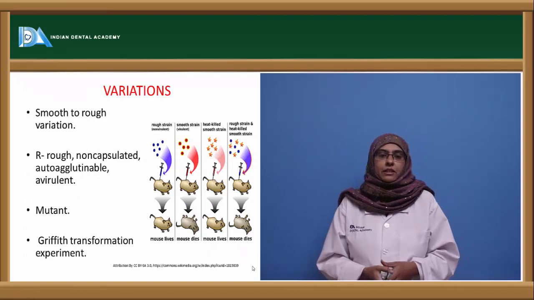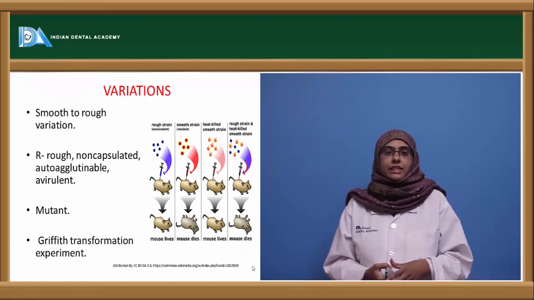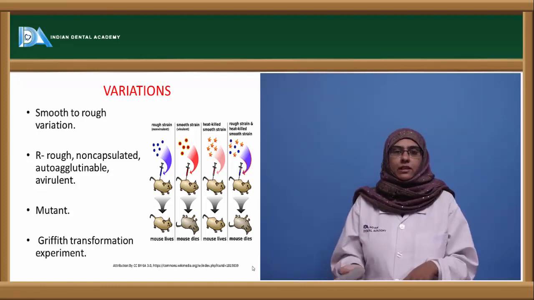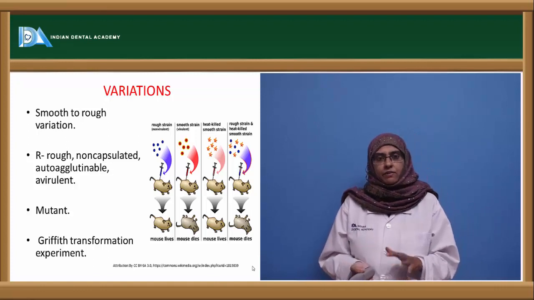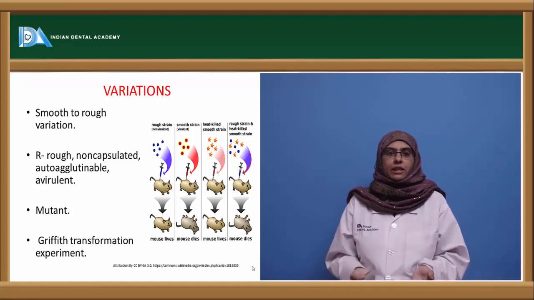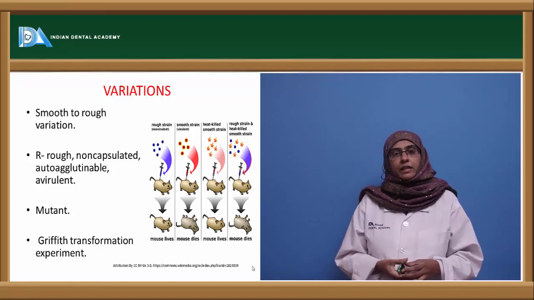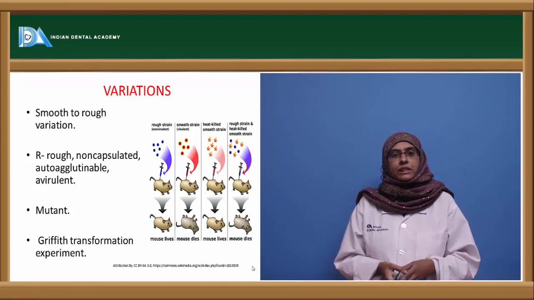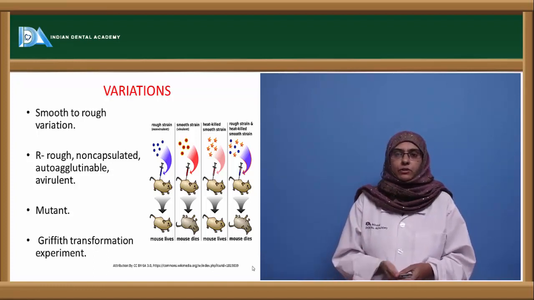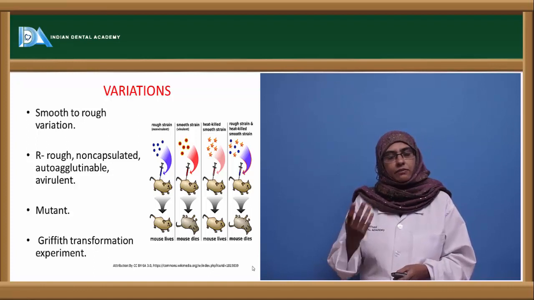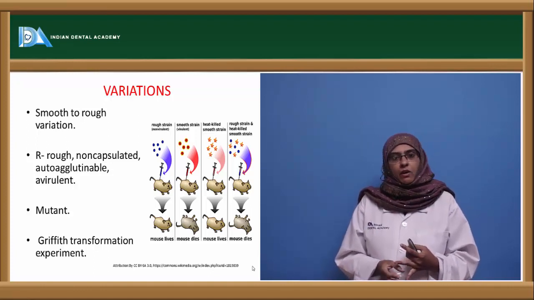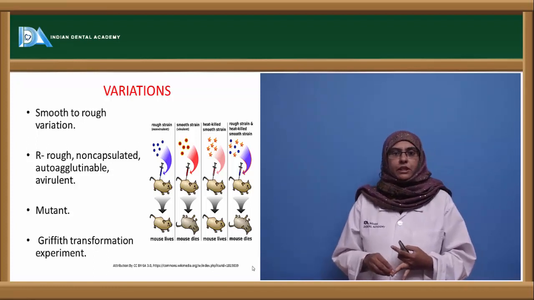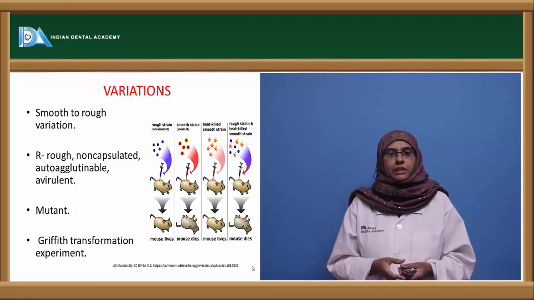Now coming to the variation, this organism is very interesting in changing its physical or morphological characteristics from smooth colonies to rough colonies. So here there is a variation from the smooth colonies to the rough colonies on a media. The smooth colonies are usually produced by the organisms which are capsulated, or which have a capsule around themselves, whereas the rough colonies are the mutant types that have lost the ability to produce the capsules. So the characteristic features of the R colonies are that they are rough, non-capsulated, avirulent in nature, and auto-agglutinable. And these are the mutant types that are usually generated from the wild type, that is the S type of